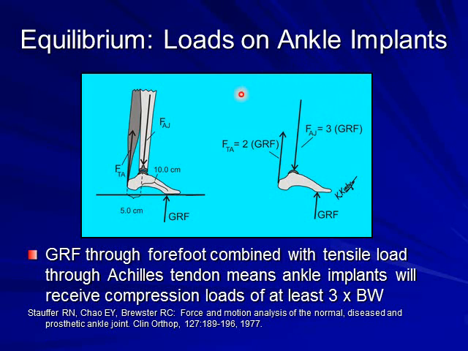So in this situation, we see that if the patient is standing on one foot with the heel slightly elevated, with the dimensions of the foot that I've shown you here, and they weigh 200 pounds,